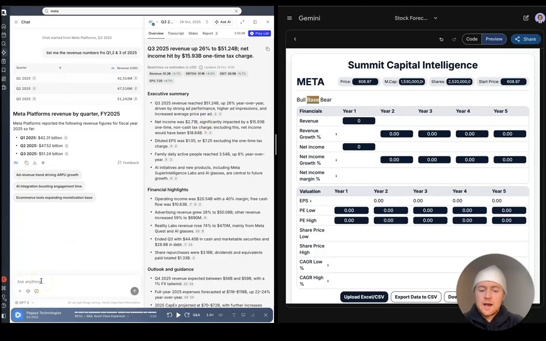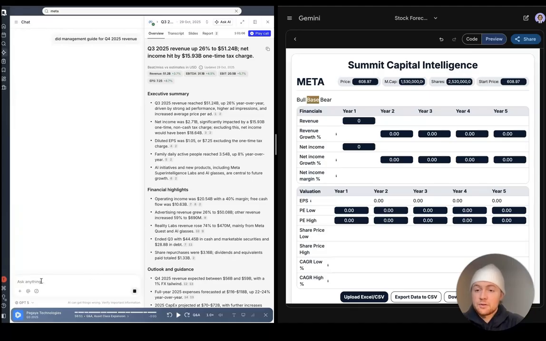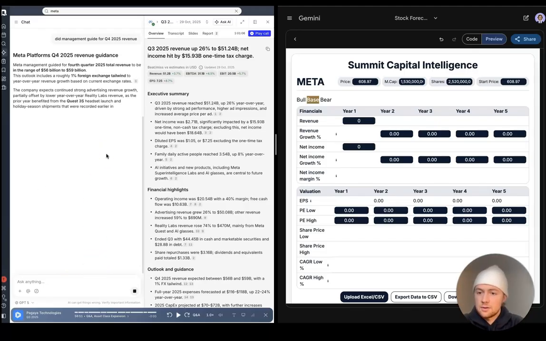So from here, we can ask, did management guide for Q4 2025 revenue? So if they did, perfect, because then they're kind of giving you a range of where they think revenue is going to go. If not, you can look at okay, so there we go, 56 to 59 billion for Q4. So if they don't guide revenue or even net income, then you can look at